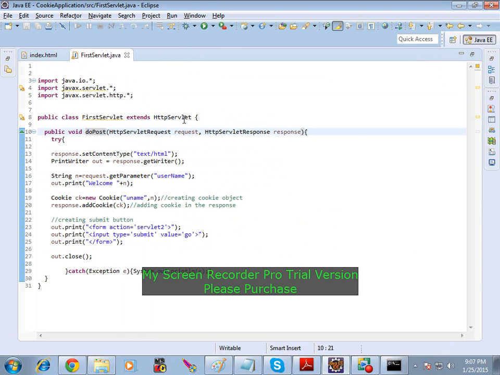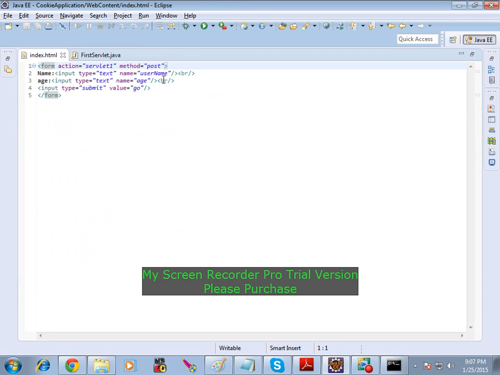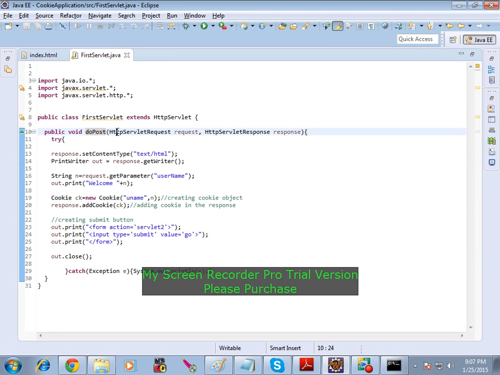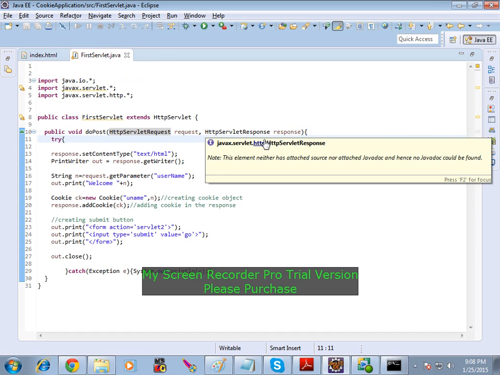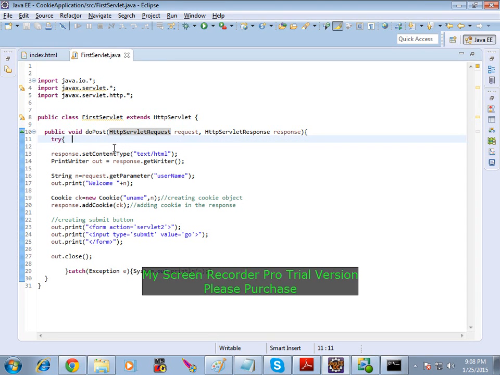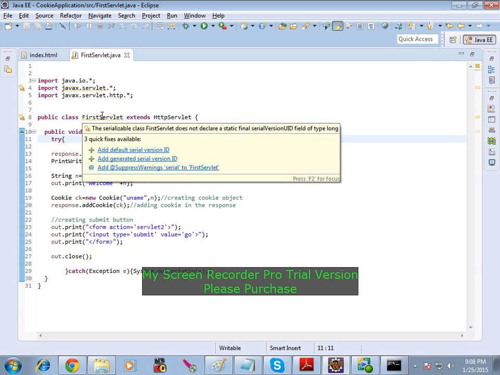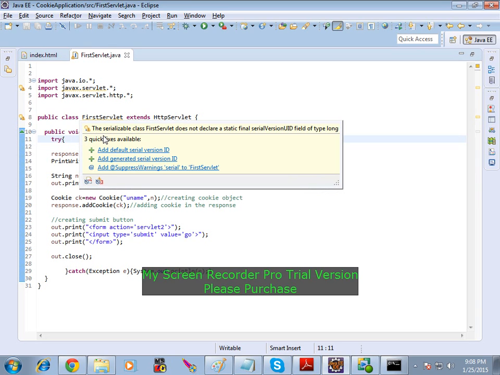That's it. First, what you are doing, say import javax.servlet as well as javax.servlet.http. Just what you have to extend now? HttpServlet. Instead of service, what you are overriding? Do post, right? Or do get. When it will be decided? When you are having method equals to post, you have to override do post. And in the do post, what is the parameters are there? HttpServletRequest, HttpServletResponse. Same as service, just HTTP features are added. Like say in this HTTP package we have the cookies class, whereas generic servlet doesn't support, as well as servlet tag doesn't support this HTTP sessions and cookies concepts, right?